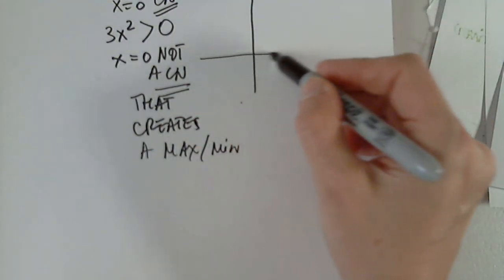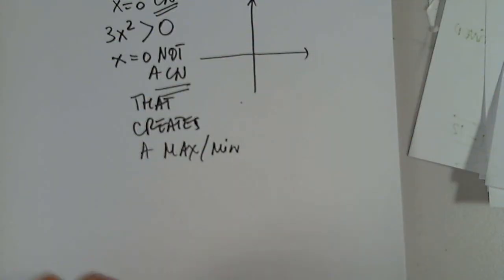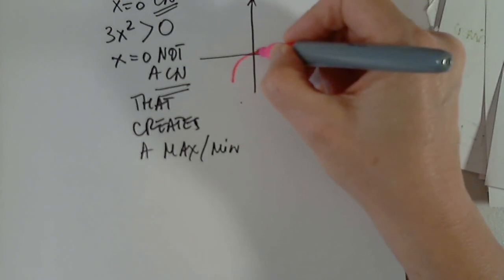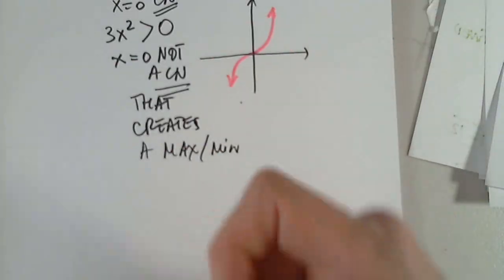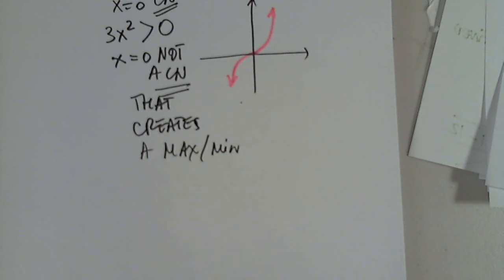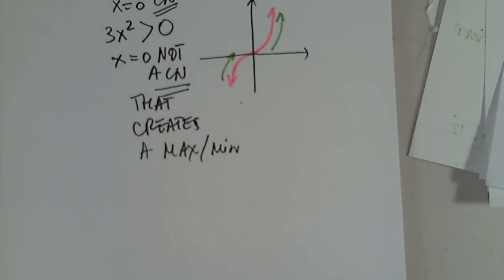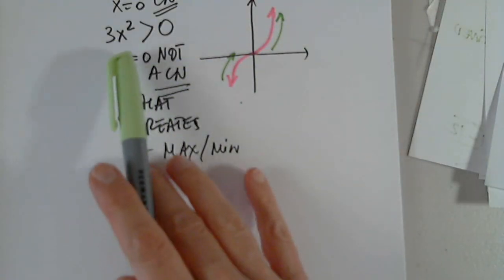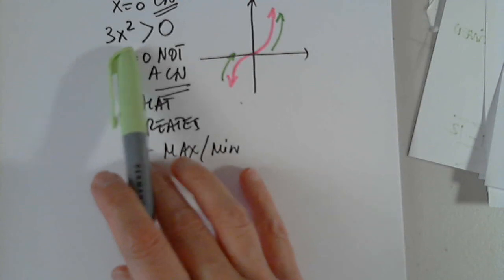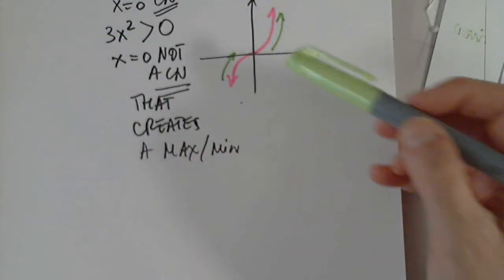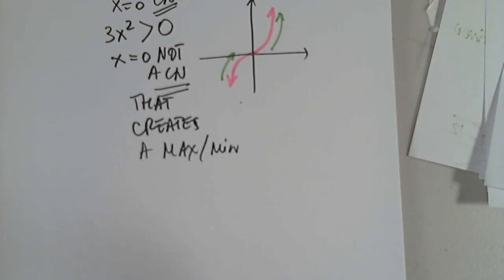Here's the graph of x cubed. See what this function does? Its derivative never changes sign, although there is a critical number at 0. Its derivative is 3x squared. This will always be positive. As you see, the function is always increasing. It has a critical number, but that critical number does not change into